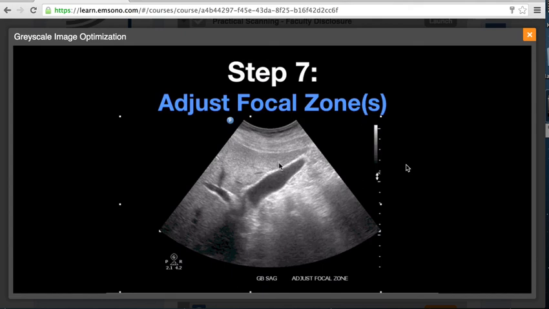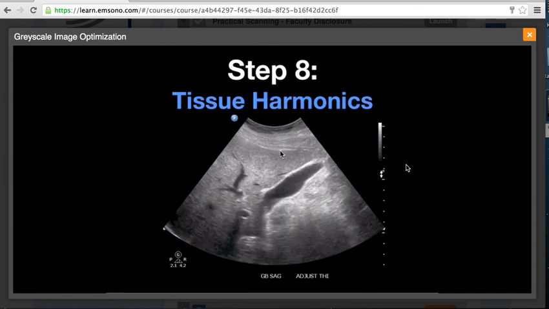However, if you're scanning a very small superficial structure or a very small embryo within the first trimester, then having more than one focal zone may be helpful. But at a minimum, you want to make sure that the single focal zone is at the level of your target structure. Next, you can decide whether or not tissue harmonics and/or compound imaging will benefit you on your current